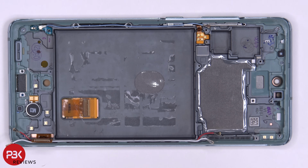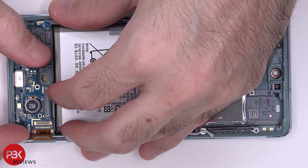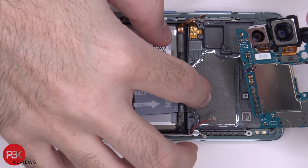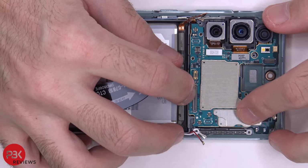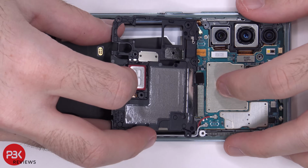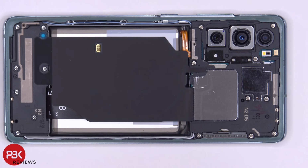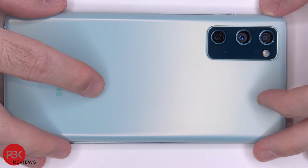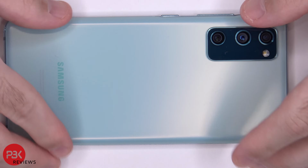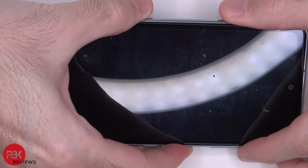Alright, now I'm going to go ahead and put the phone back together. Once you have all your screws back in place, apply new adhesive if you need to, reapply your back plate, flip over your phone, power it on,